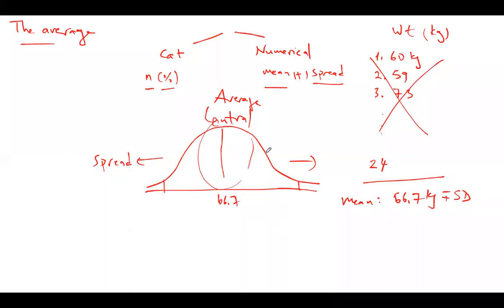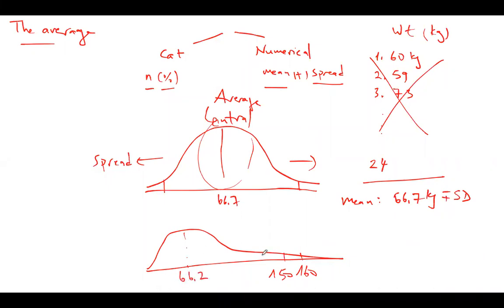Now, let me tell you something. I guess in your class, you all have similar weights. There is not too much deviation, too many outliers. But if there are too many outliers, your distribution will be skewed, right? Your distribution will look something like this, skewed, because you have some, let's say, sumo wrestlers, some very high, 160 kilogram, 150 kilogram, and again, most of you in the class are around 66 point something, but there are overweight or extreme